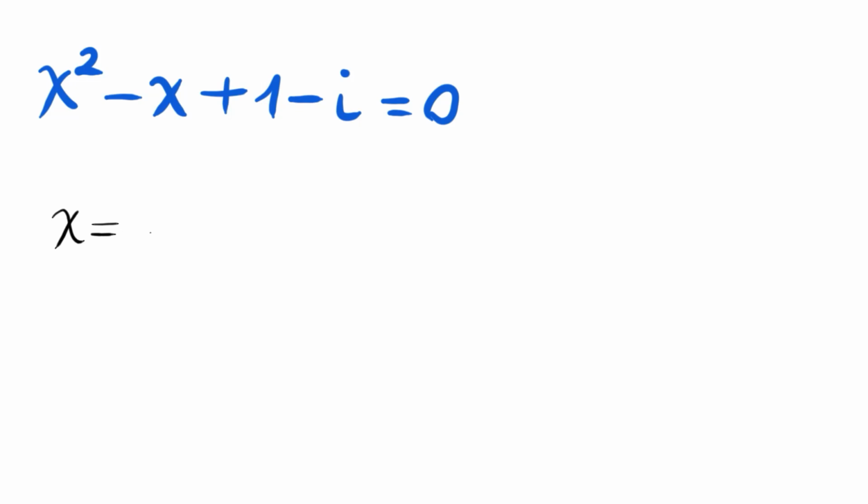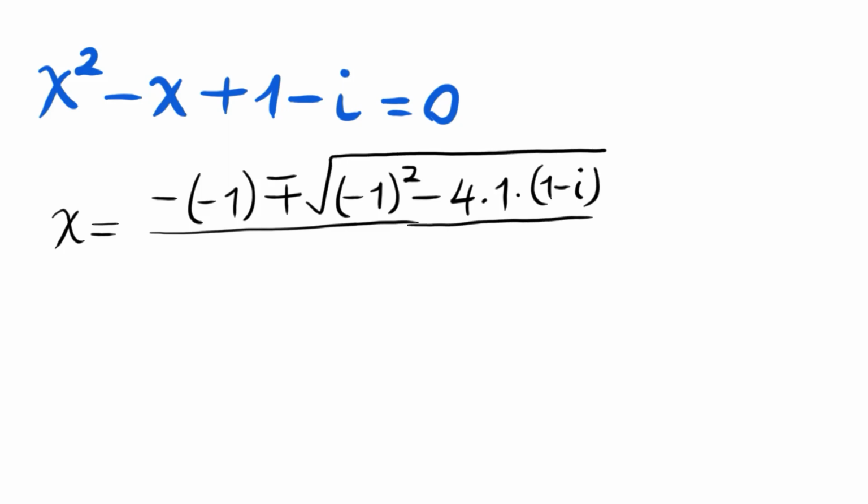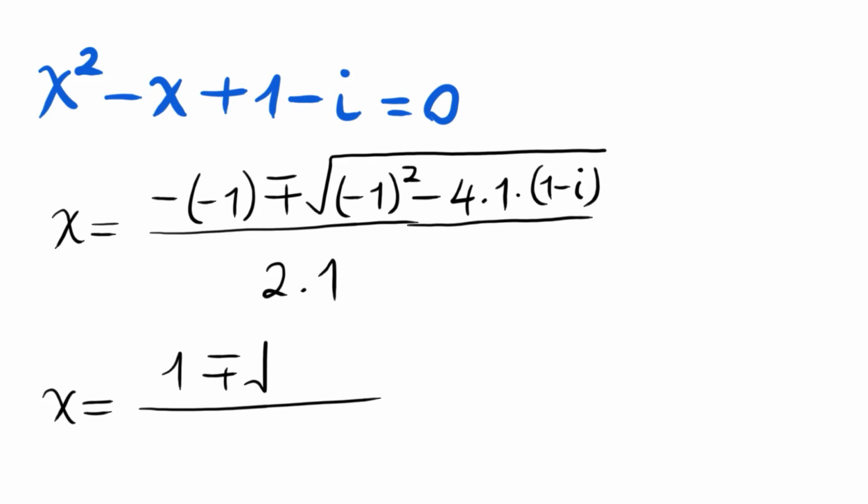x is equal to minus b, that is minus 1, plus or minus the square root of b squared, that is negative 1 squared, minus 4 times a, which is 1 here, and c, the constant term here, is 1 minus i. This is square rooted and divided by 2 times a, which is 2 times 1. From here we will write x is equal to negative, will become positive 1, plus or minus the